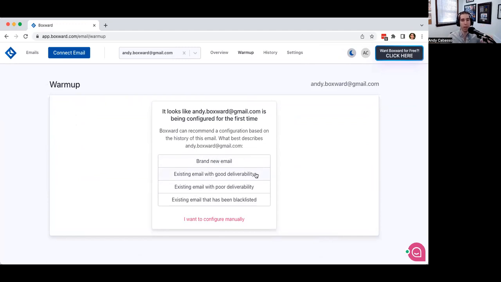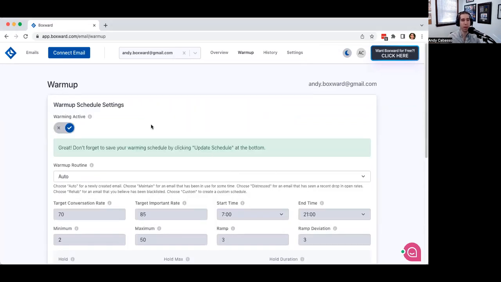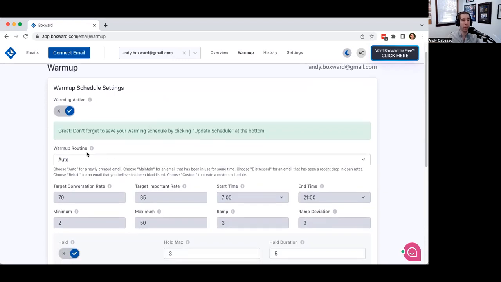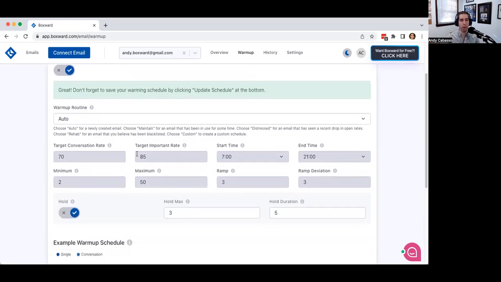Is it a brand new email? Is it an existing email with good deliverability or bad deliverability, or has it been blacklisted? Or do you want to configure this manually and have a schedule or sequence completely unique to whatever you want? But we've got these pre-built, so I'll do this automatic warm-up routine for a brand new email address.